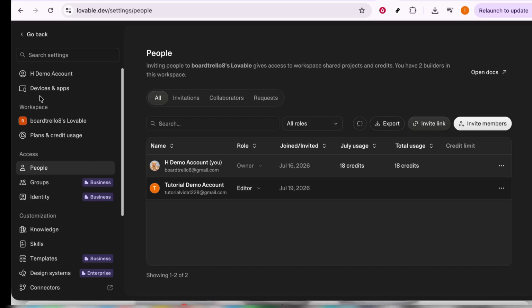And there you have it, a complete guide to inviting members into your Lovable Workspace. Remember, the key to a successful workspace is not just in having the